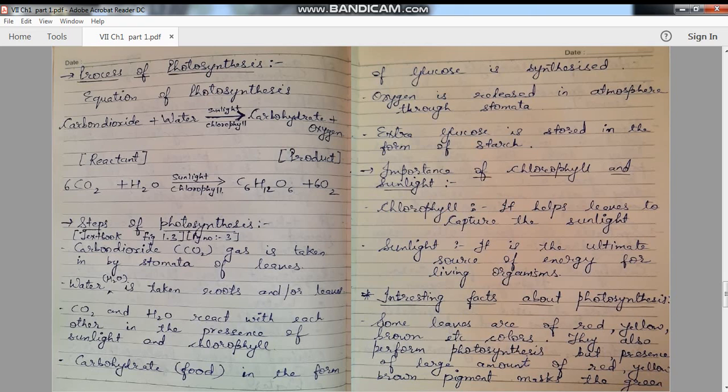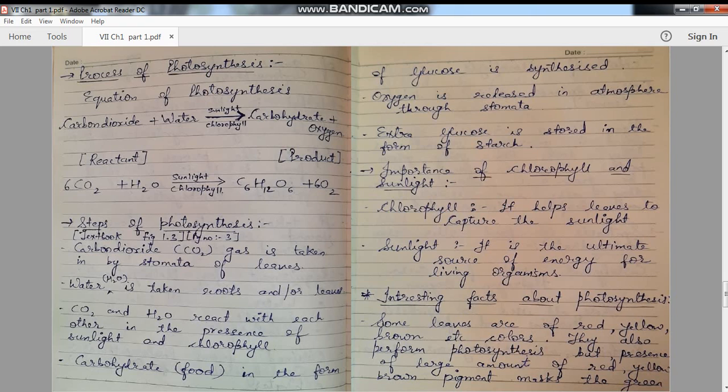Now, let's learn about the importance of chlorophyll and sunlight. Chlorophyll is actually the main thing which is capturing the sunlight, while the sunlight is the ultimate source of energy for us. Now, there are some interesting facts about photosynthesis, that we have seen many plants which are